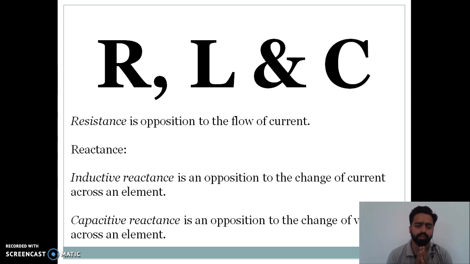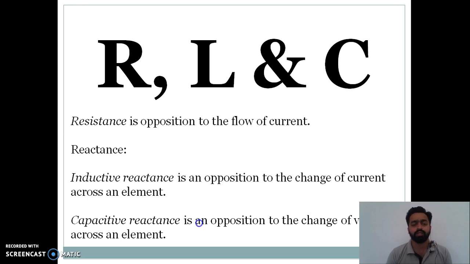So in case of DC, we don't take into consideration the effect of inductances and capacitances, since for DC the frequency is 0, so inductive reactance and capacitive reactance are 0. So by Ohm's law we only write V is equal to IR, and we only take into consideration the resistance